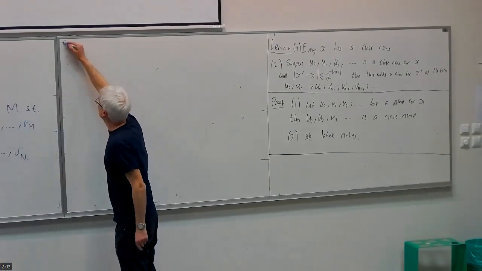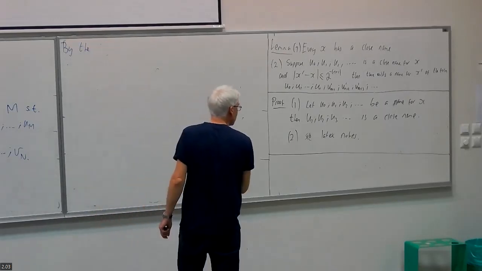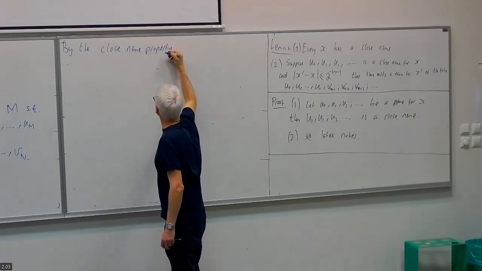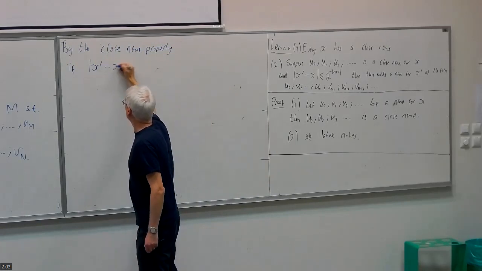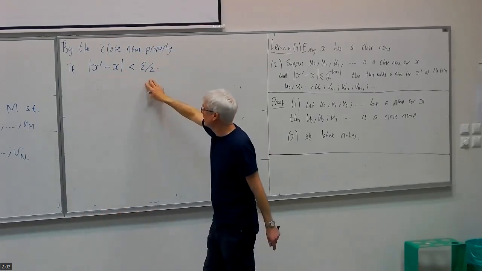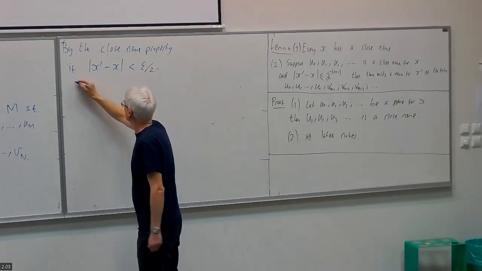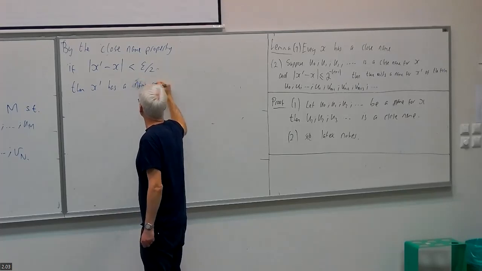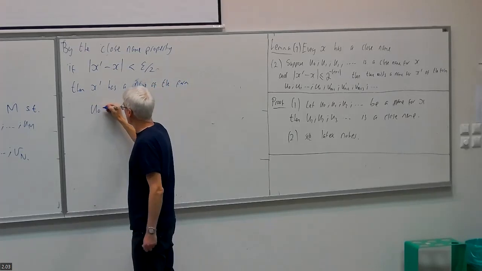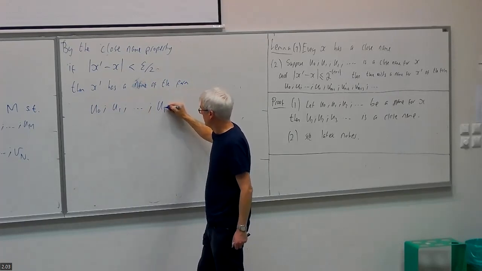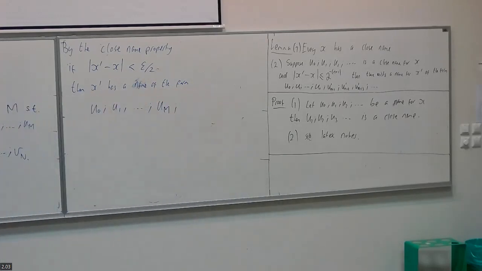Right, so by the fast Cauchy property, no, by the close name property is what I mean. If we have any x prime that has distance within epsilon over 2, then x prime has a name of the form U0, U1, up to U capital M. We've chosen things in such a way that any x prime within epsilon,